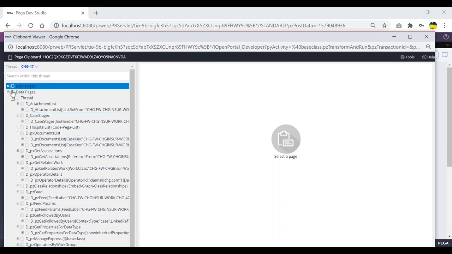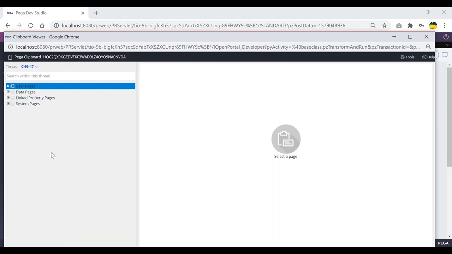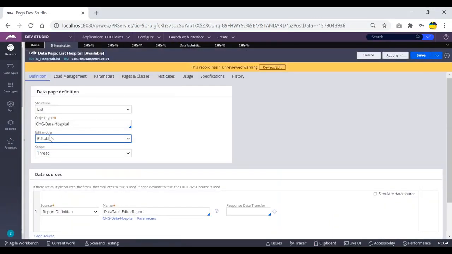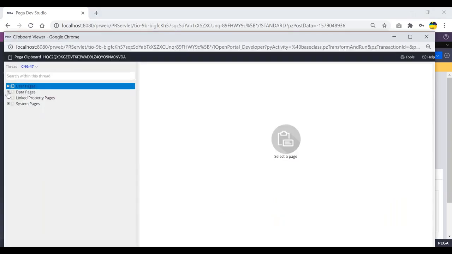So actually we should not be getting the data. I should have to log off and log in. That's okay. You try it. So the thing I'm trying to say here is, if I'm trying to make this particular data page as editable, then